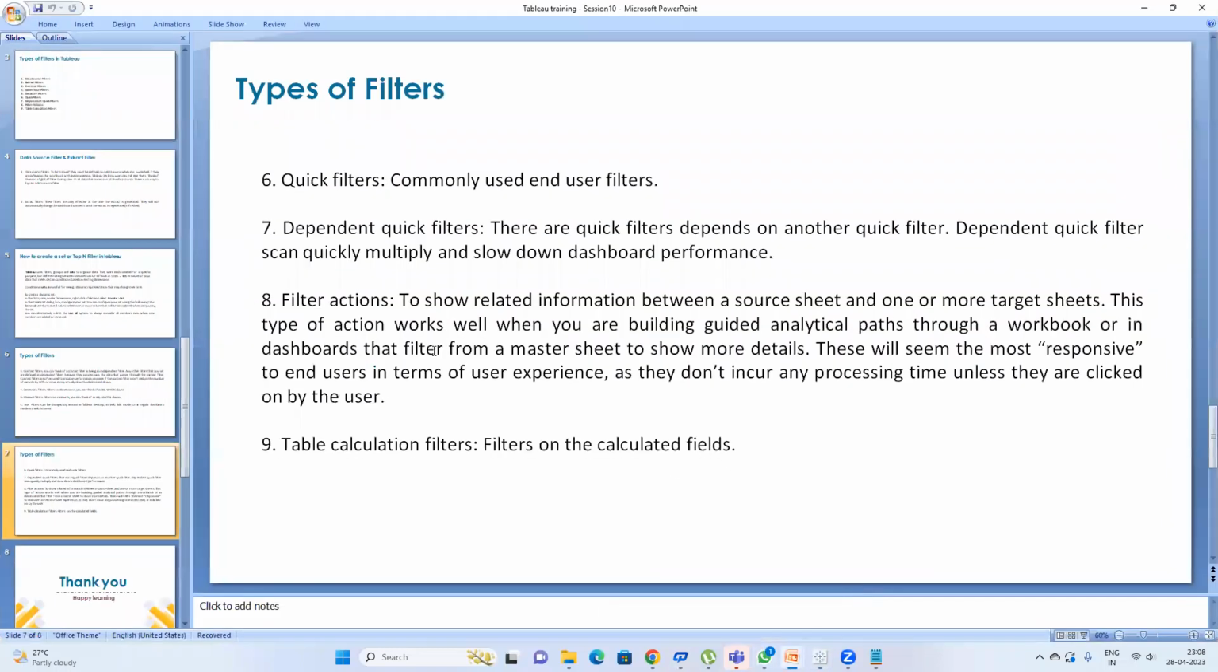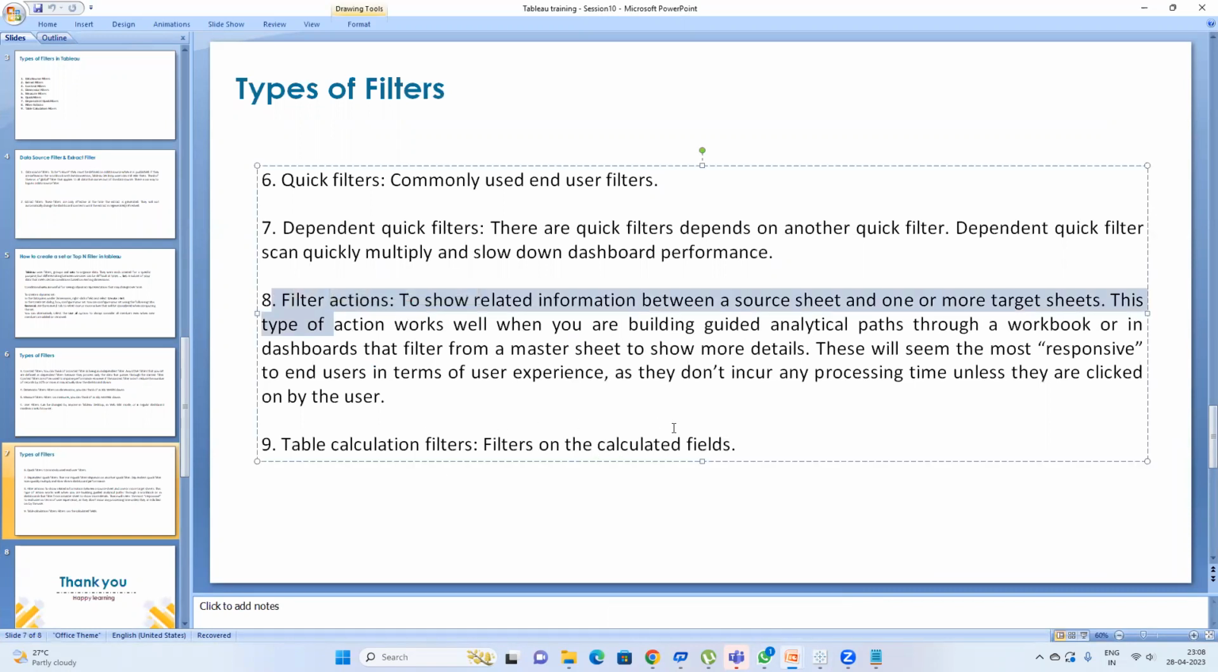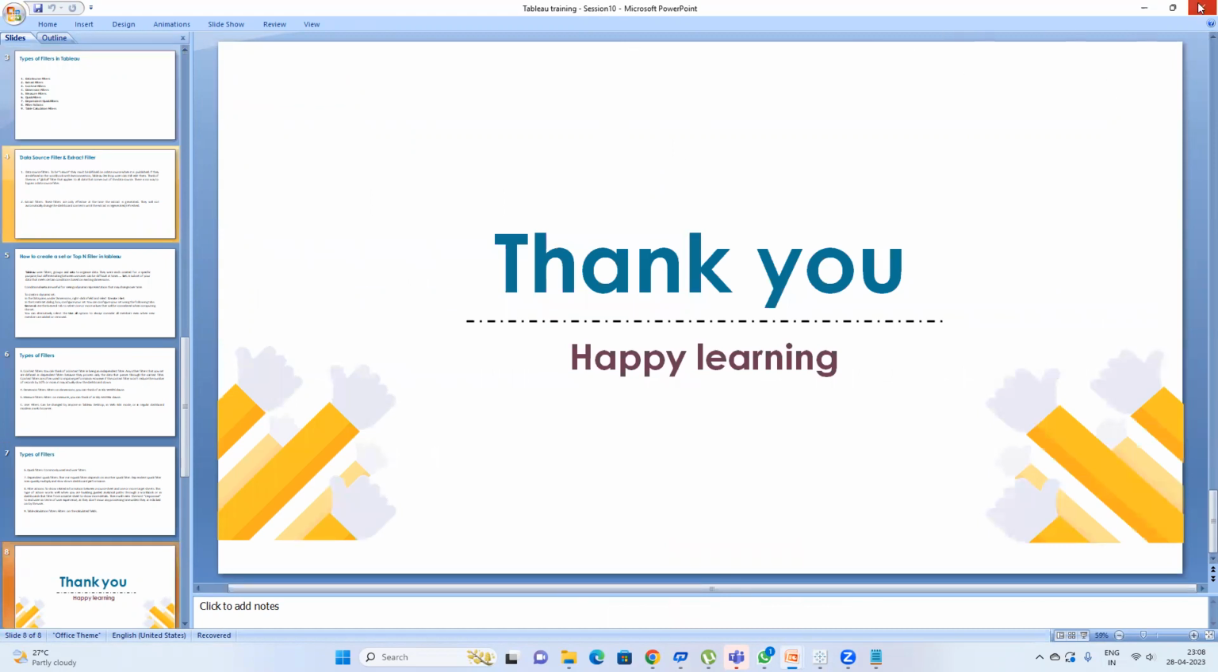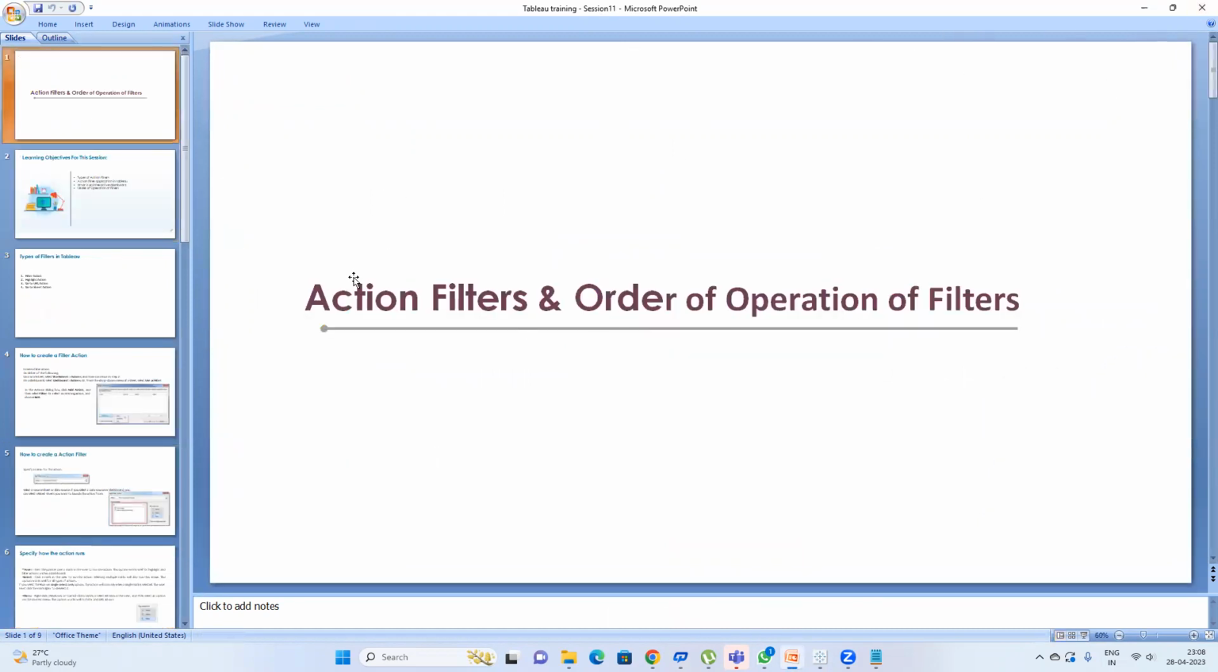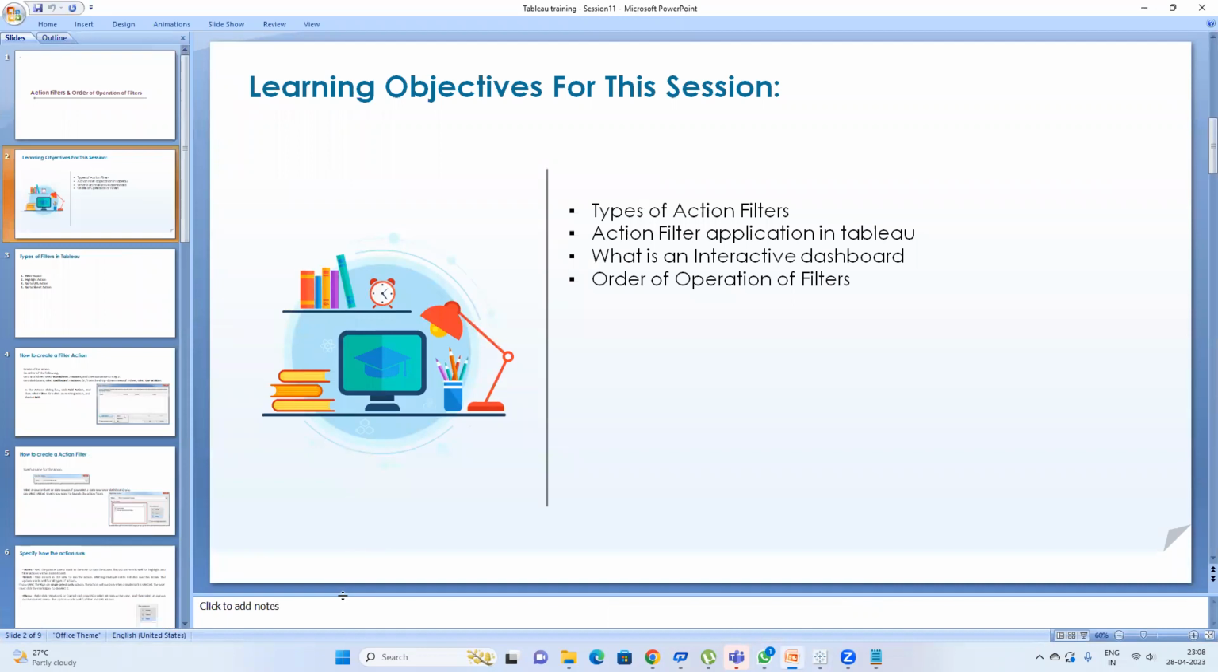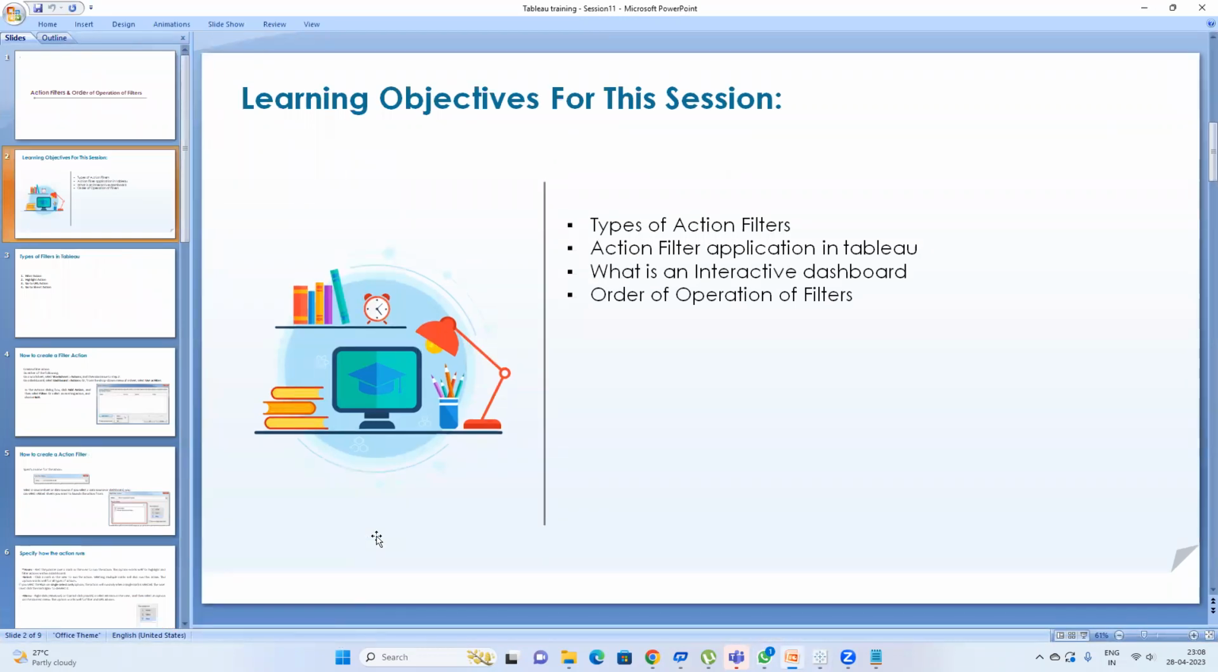Now in the next session, we are going to see what filter actions are and what table calculation filters are. We are going to see that in detail in session 11. So I'm just closing this Tableau session 10. In this session, we are going to learn more about action filters, how we can apply them in Tableau, how we can make an interactive Tableau dashboard using action filters, and what the order of operations of the filters is. If you want to know that, so yeah,